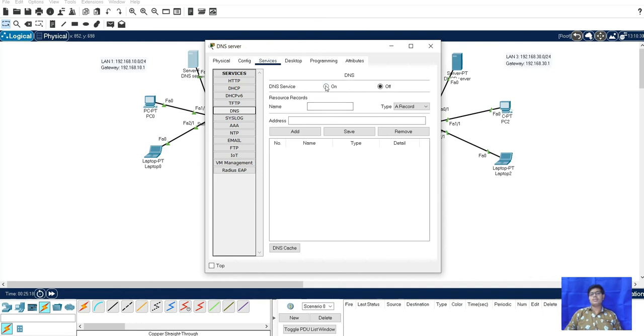After that we will turn this on, and here we will type the name, www.karunya.edu, and the IP we are giving that is 192.168.20.2.